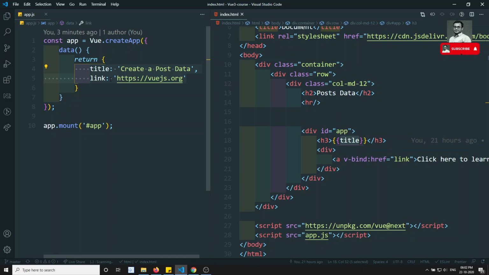But what about the methods? How can we bind the methods in the HTML template and the Vue.js, and how can we write the methods in Vue.js? In Angular, the class is there and we can directly write the methods in the class. The class properties become the variables and the class methods become the methods. Here, data is a method function and it returns an object. Everything in this object is a property, and properties are nothing but variables. But how can we write the methods here? So let's see in this video.